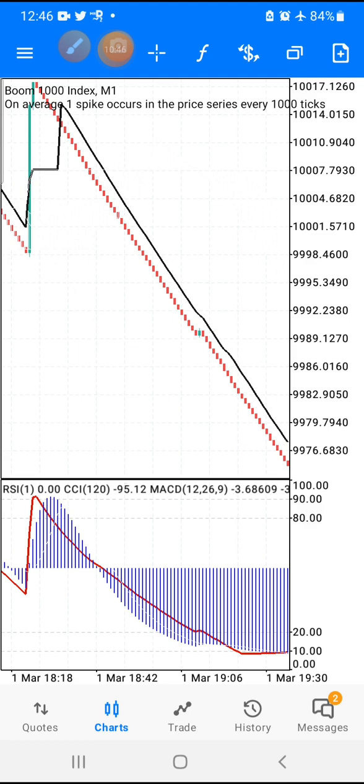It is a very, very profitable strategy to use, but make sure you always check the high time frame. And when you're caught by a spike, make sure you instantly exit. Or if you are very sure about the trend, you can wait and recover your money and then you close your trade. But as you'll be waiting, if you're caught by another spike, make sure you instantly close. Okay,